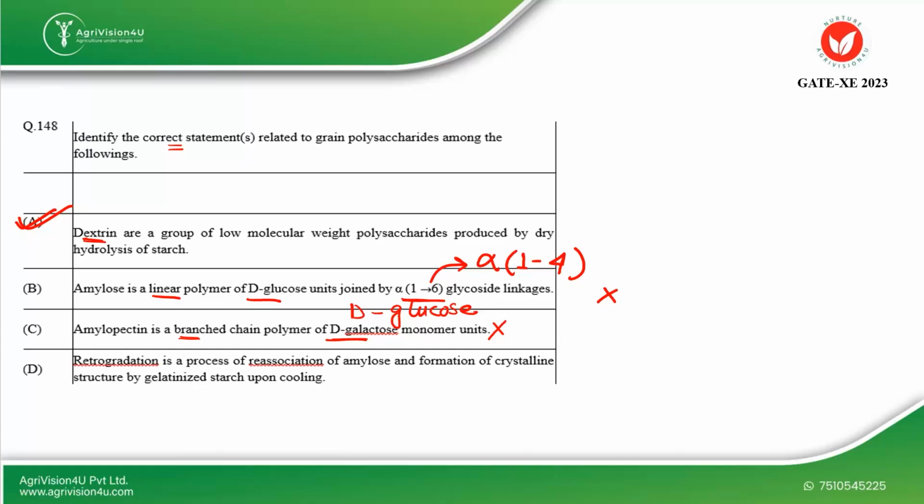Next, retrogradation is a process of reassociation of amylose and formation of crystalline structures by gelatinized starch upon cooling. So yes, this is correct. Since retrogradation is the process where the gelatinized starch reforms a crystalline structure after cooling, which causes it to become firm. So this is correct. So which two options are correct? Option number A and